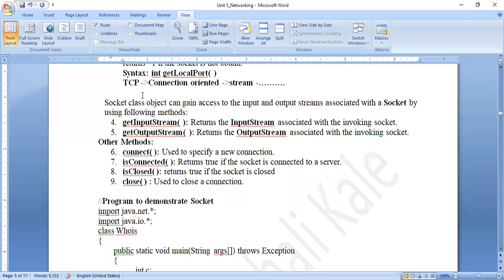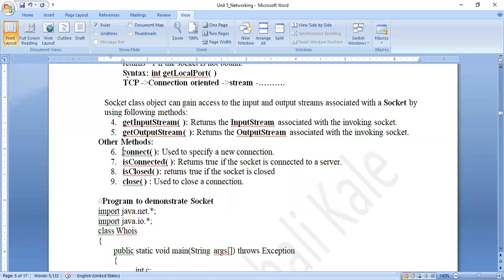Now let us see how to get that particular input stream associated with the invoking object. That method is getInputStream, then getOutputStream. This is going to return us the output stream object which is associated with the invoking socket. Once we cover the example, you will understand it.